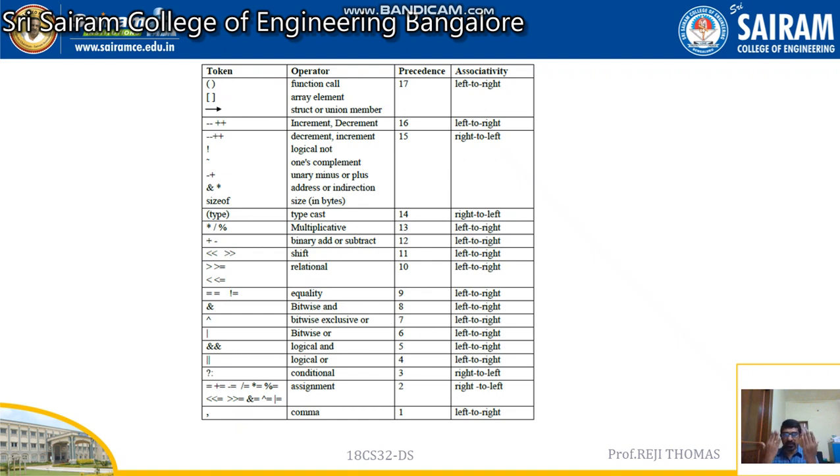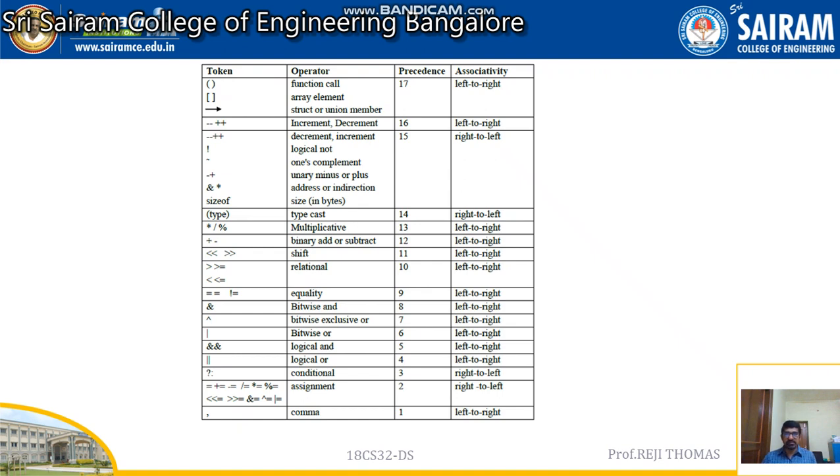And if you look at this diagram, there are a few more operators. Next is typecast. This also has to be evaluated from right to left. And if you come down, third last you can find the assignment operators: equal to, assignment division, and so on. All these operators you have to evaluate from right to left. Okay. And the last one is the comma operator. This has to be done from left to right.